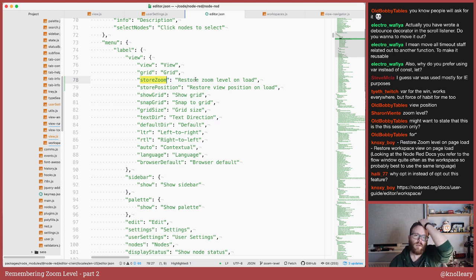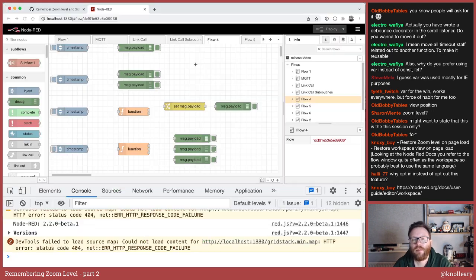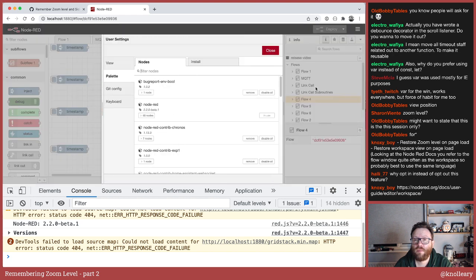So restore workspace zoom level. Maybe. It's getting very wordy. Does the word work? Oops, not managed part.